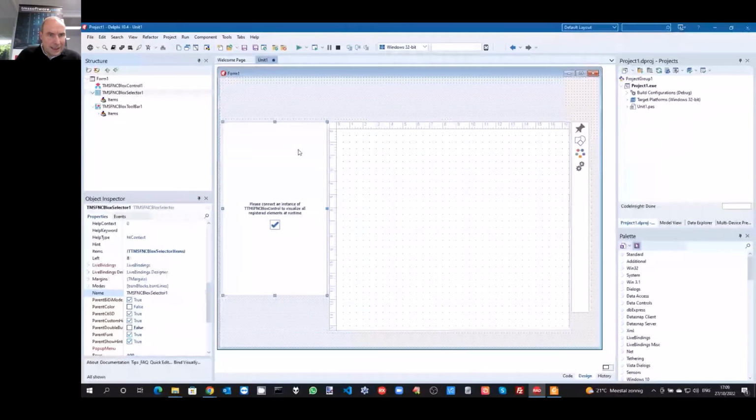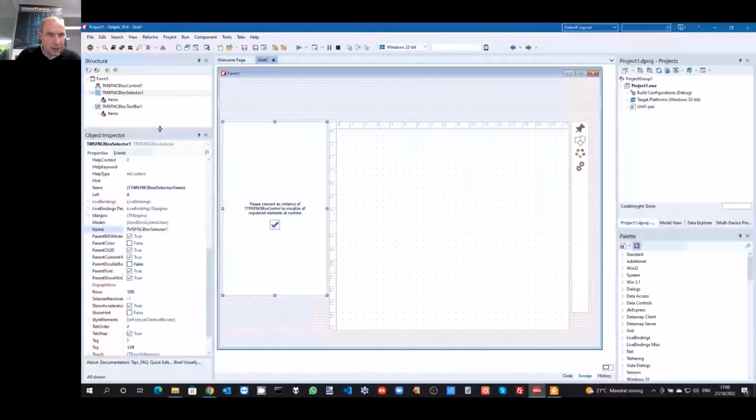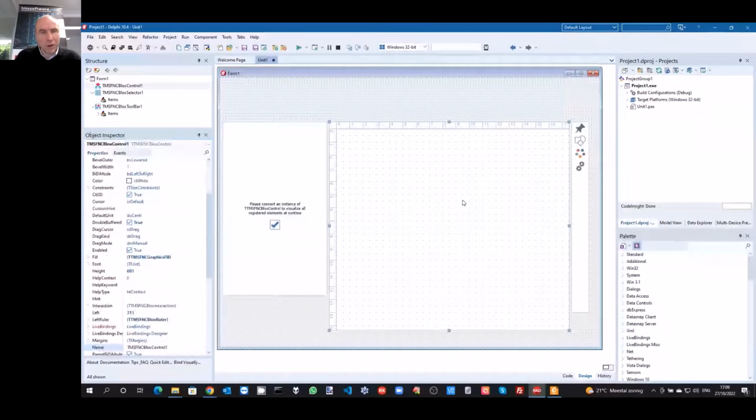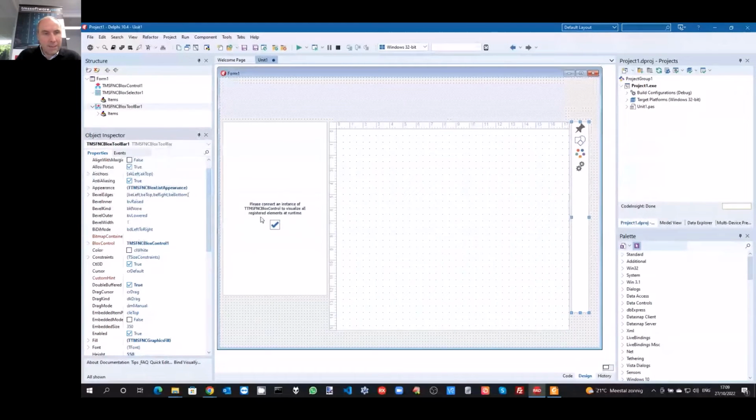What you can see is that all these controls are hooked together, and they are hooked together through, in the selector, the blocks control property, and it was automatically preset to the FNC blocks control that I dropped on the form. So the component is smart enough to pick up the blocks control when it is being dropped on the form. And the same applies to this toolbar. It also picked up the blocks control on the form.